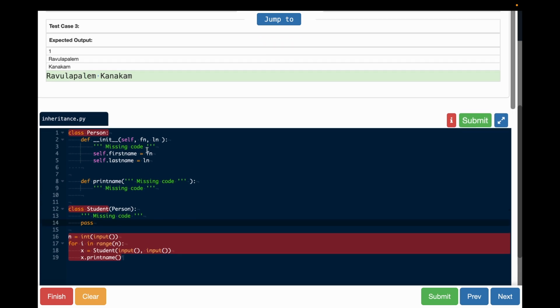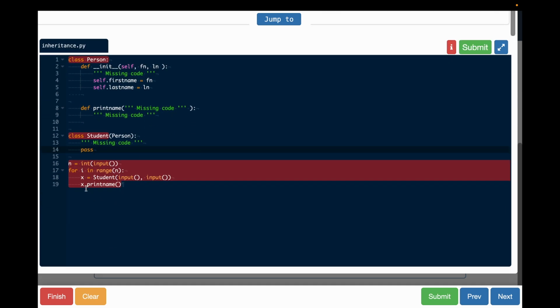Then print name, if you can see here, it's saying x.print_name and it's not passing any argument here. अगर यहाँ पे कोई आर्गुमेंट पास करा होगा तो यहाँ पे वो आर्गुमेंट हमें लेना चाहिए था, राइट? So by default we know self तो आता ही आता है, self, right? क्या यहाँ से कोई आर्गुमेंट आ रहा है? नहीं आ रहा है ना, सो यहाँ पे आपको लिखने की ज़रूरत नहीं है, but here you have to